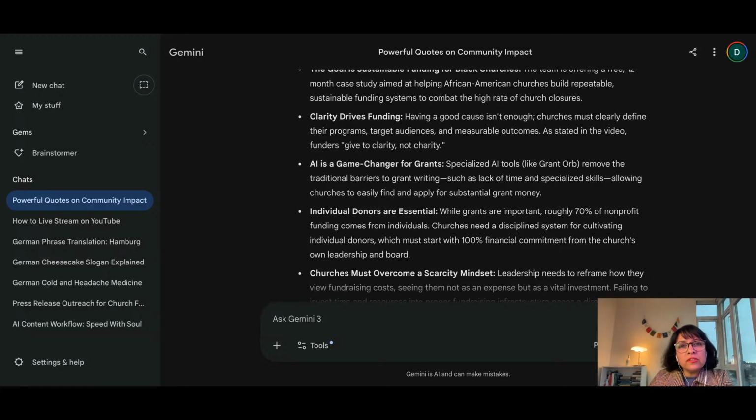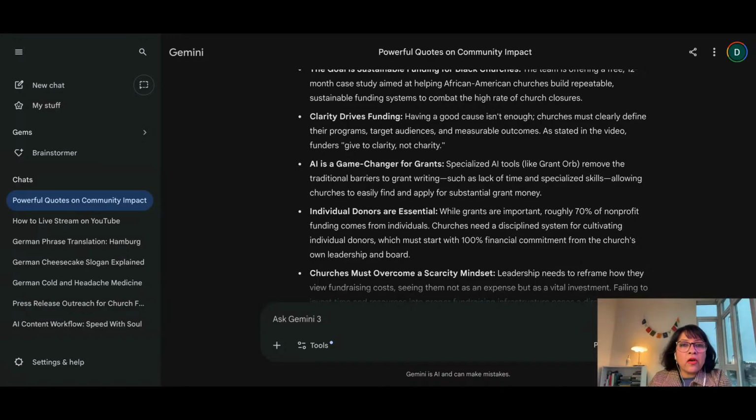Many times churches are not even aware that they can raise money through grant funding, despite all the registration status that they have. Most of them are 501(c)(3), tax exempt, so they have all the incentives in place, but they've never really explored grants as a way of fundraising. So one key component of this collaboration is to showcase to the church that grants are an important source of fundraising.